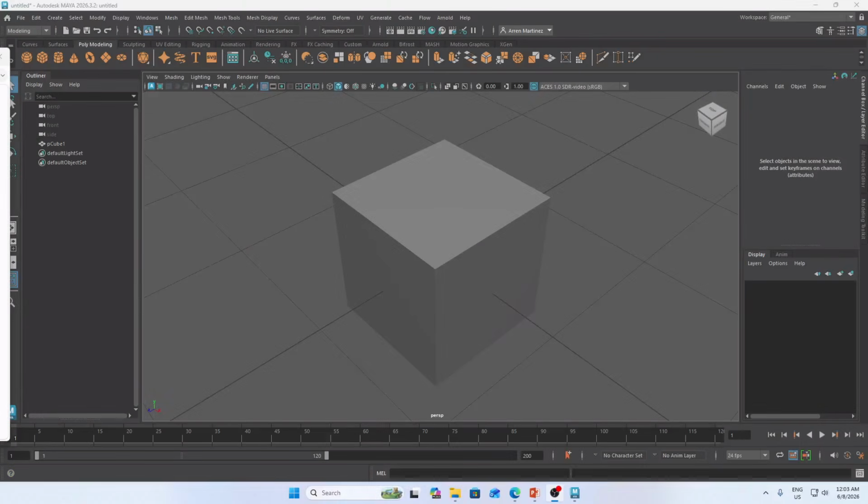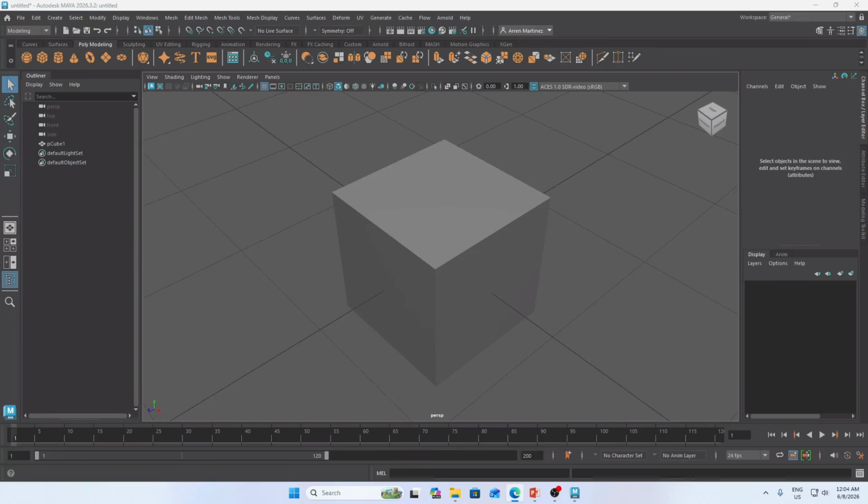Okay, so for the dashboard, or let's say the layout, Maya can look incredibly intimidating when you first open it. So why? Because there are buttons everywhere. Don't worry about 90% of them today. Let's just focus on the four most important areas of your dashboard. Like I said, we have four.